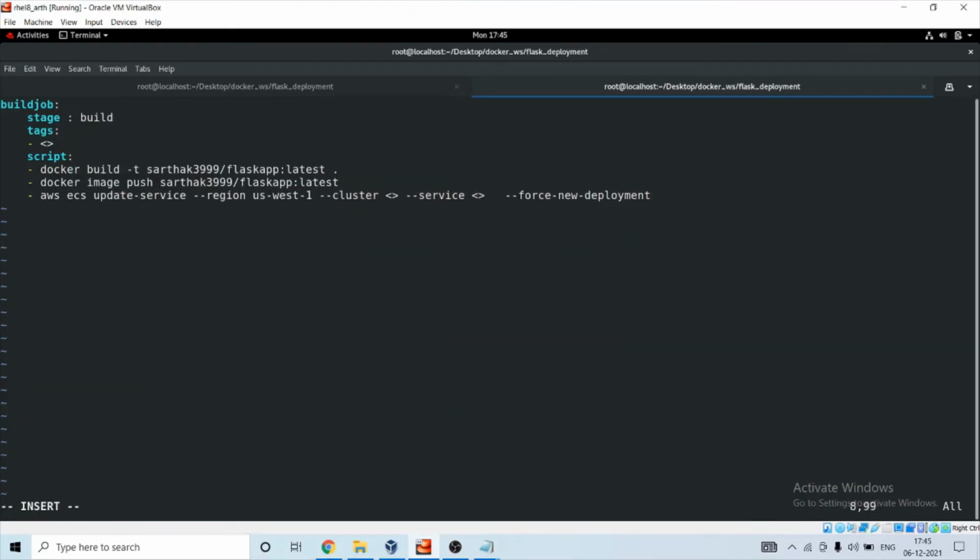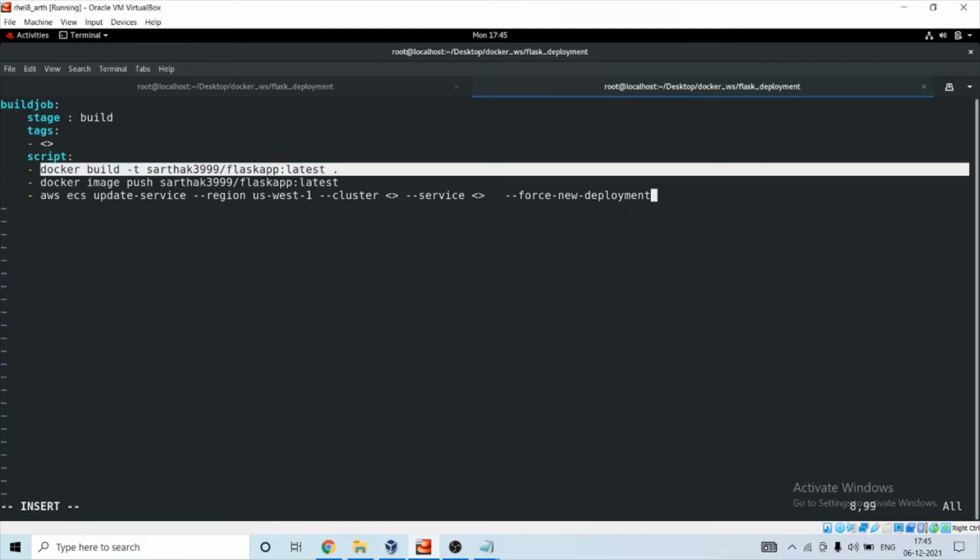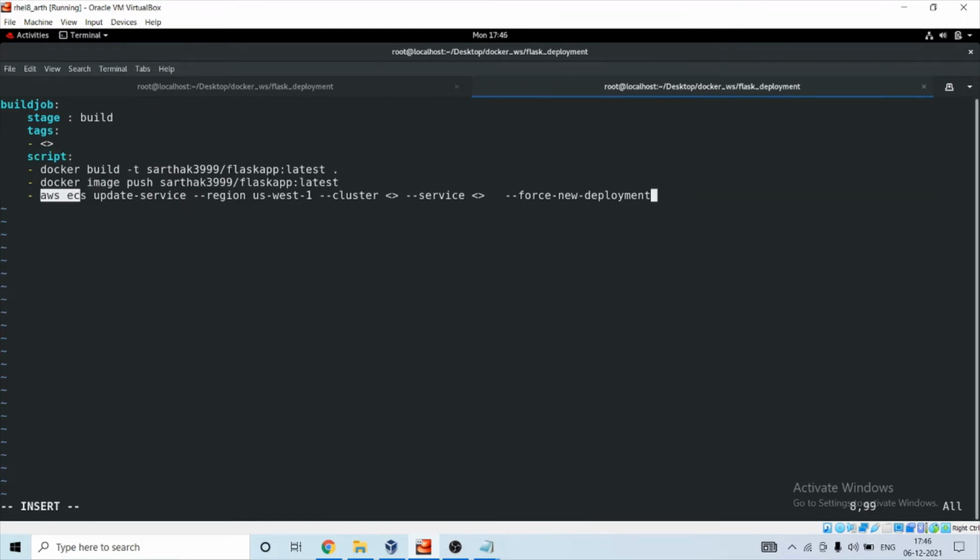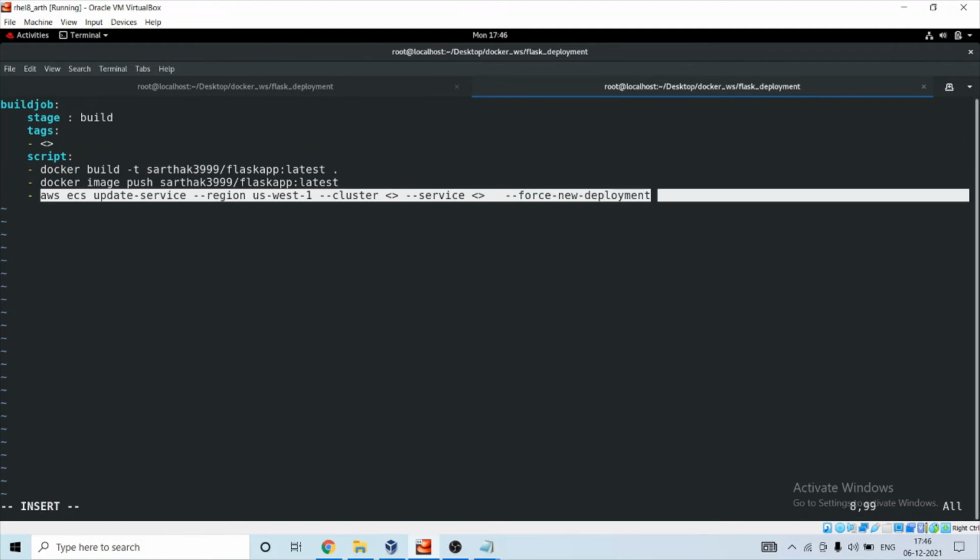So yeah, this is our content for the .gitlab-ci.yml file. This is our build job. Stage is build. We need to provide a tag and the script. Inside script we are writing all the commands, that is to build our image, push our image to Docker Hub, and then push our container to AWS ECS.